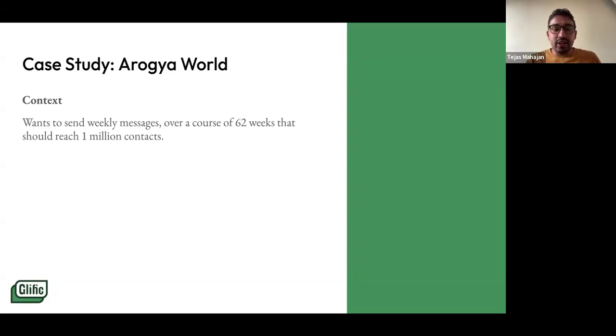Moving forward for the next 1 year or 1.5, 2 years, their aim is to engage 1 million contacts, 1 million users, and make sure that up to 1 million users get aware about diabetes and become part of their program. They have this need to send weekly messages, and they have a 62-week program of sending the relevant information every week, and also getting some information back. And it has to reach 1 million contacts. So obviously,